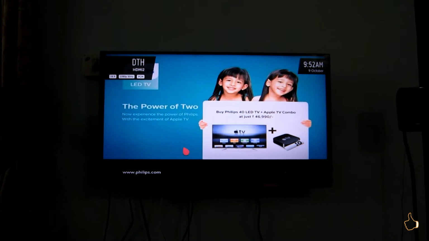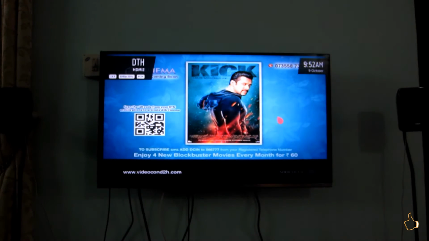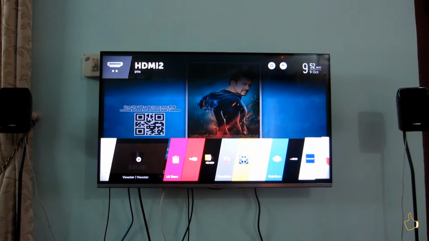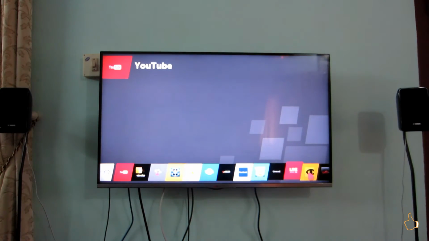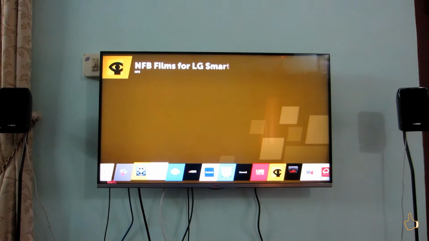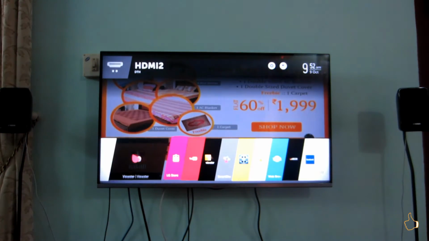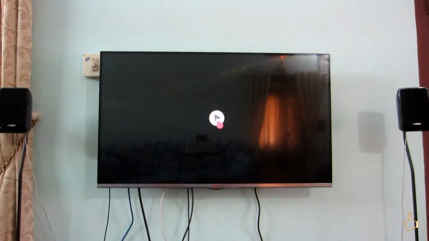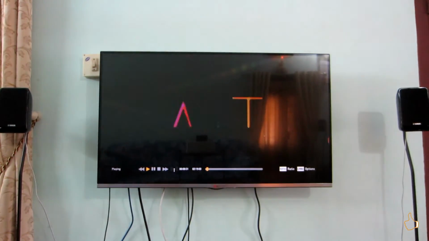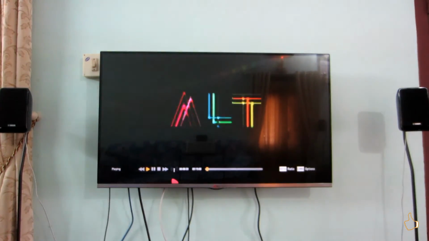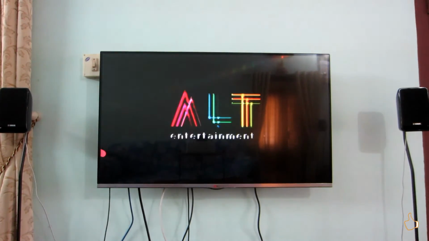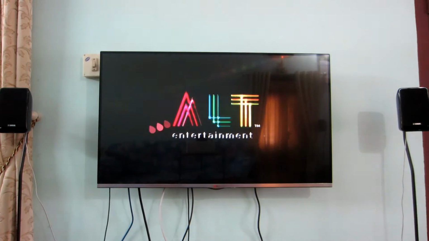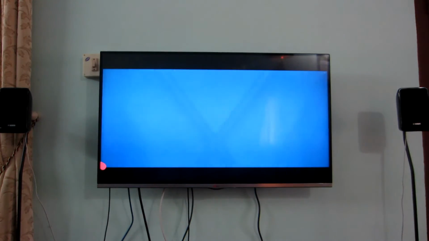Why I said that is the TV memory for LG this time is 4 GB, which means a 720p video with a Dolby Digital audio file will normally be under 2 GB. So you could actually buffer the video you want to watch inside this. If you're having a 1 Mbps connection, a 720p video will take only a maximum of 15 minutes to buffer. In 15 minutes it will be in a watchable condition for around 30 plus minutes continuously.